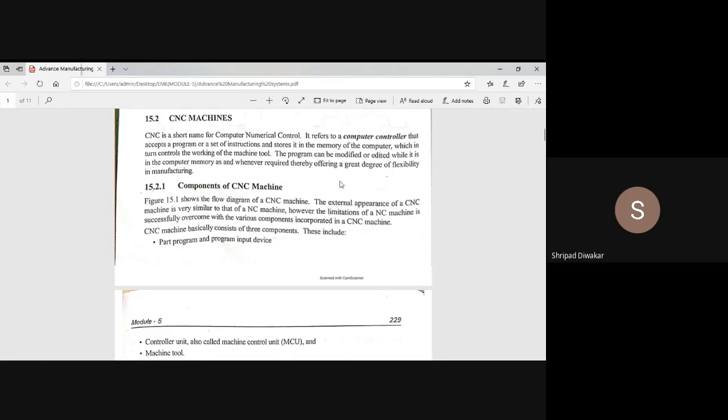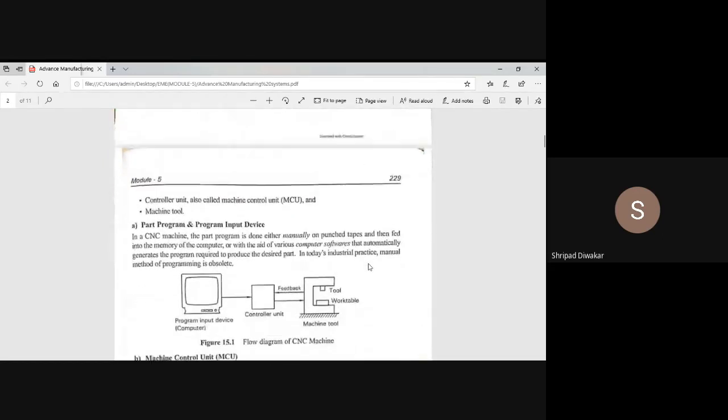So the computer numerical control machine accepts a set of instructions or a program, and that program is stored in the memory of the computer, which in turn is controlled by a controller unit. I'll tell the different parts of CNC machine. The most important thing is the components of CNC machine.